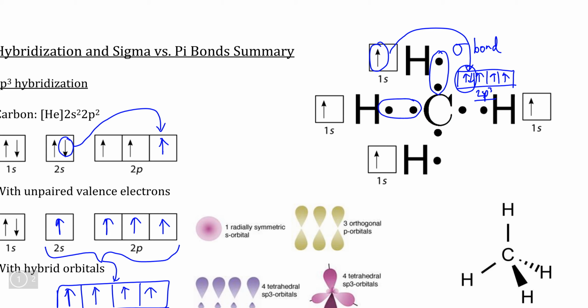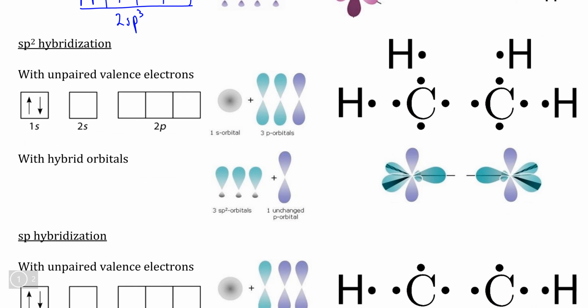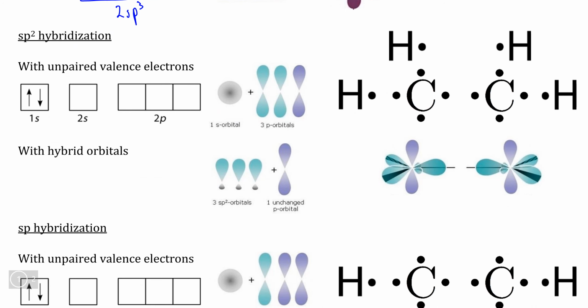For that reason, all 4 of the bonds that are made between carbon and hydrogen in order to give us CH4, methane, are sigma bonds. But when we take a look at different ways that carbon can hybridize, we see that this will not always be true. For example, if we look at how carbon forms double bonds using sp2 hybridization, we can begin at